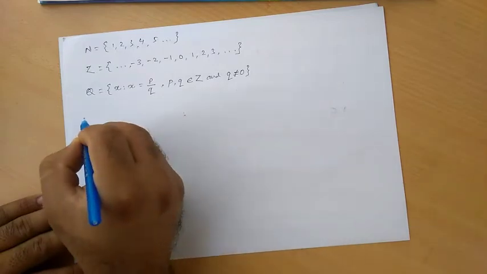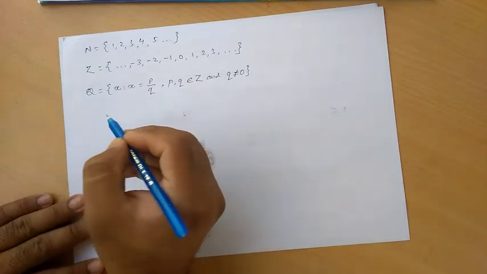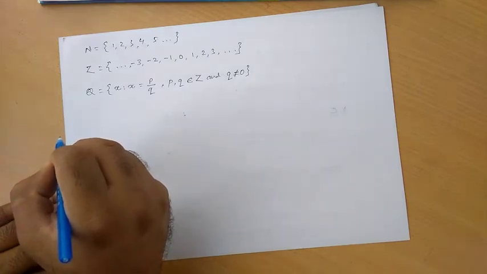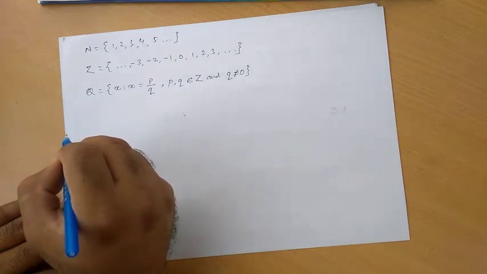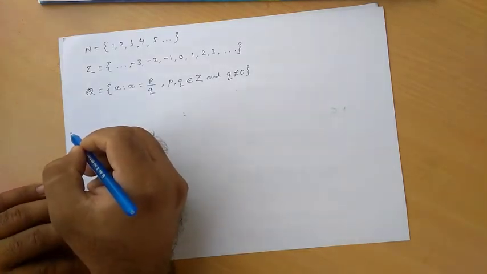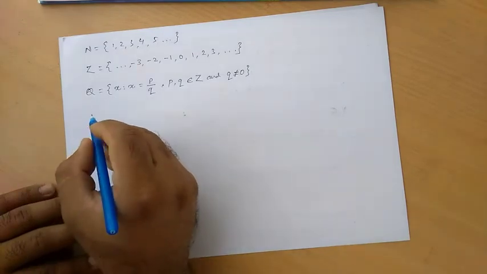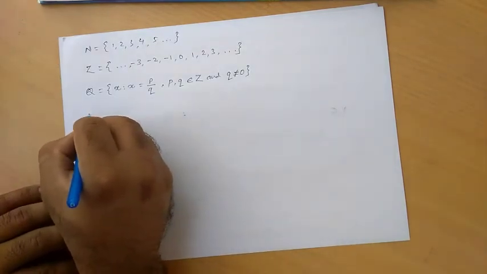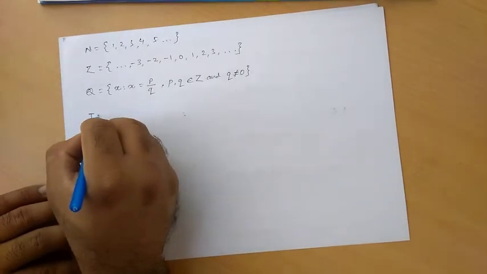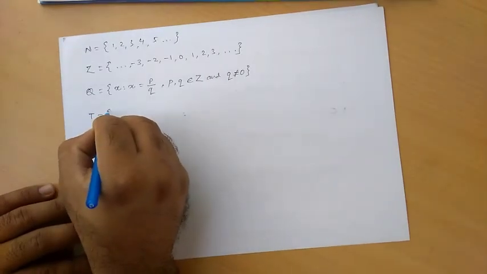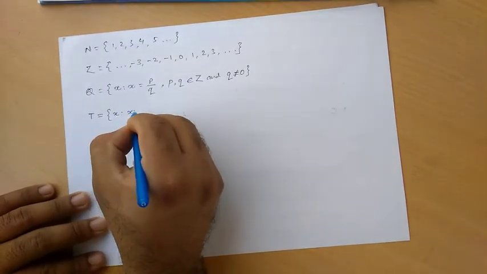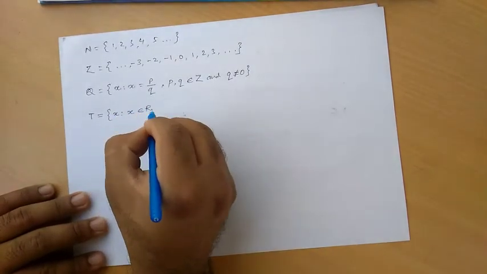Then real number. Real number is whatever number you can think of that comes in real number only. For now. And another one is irrational number. If we talk about rational number, then also we will talk about irrational number. This is the number x such that x belongs to real number